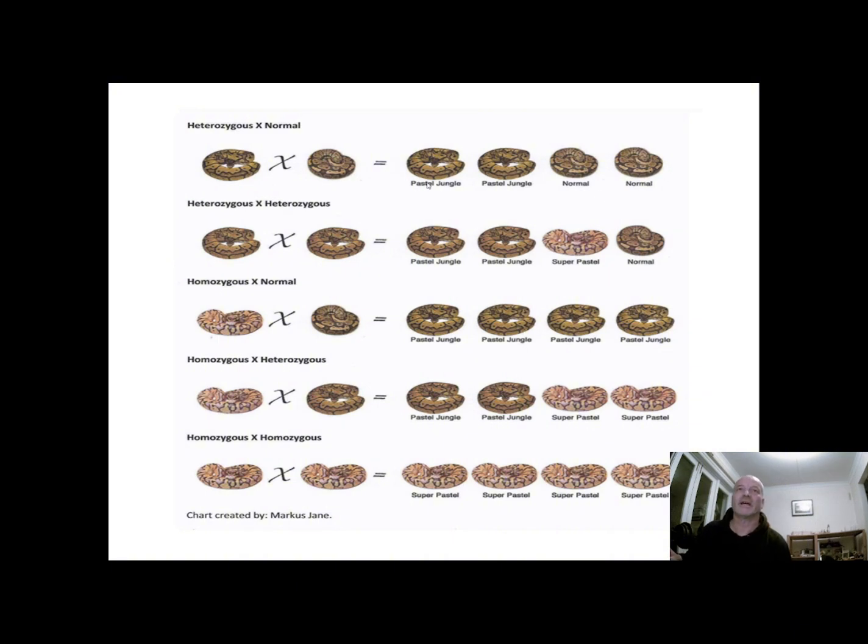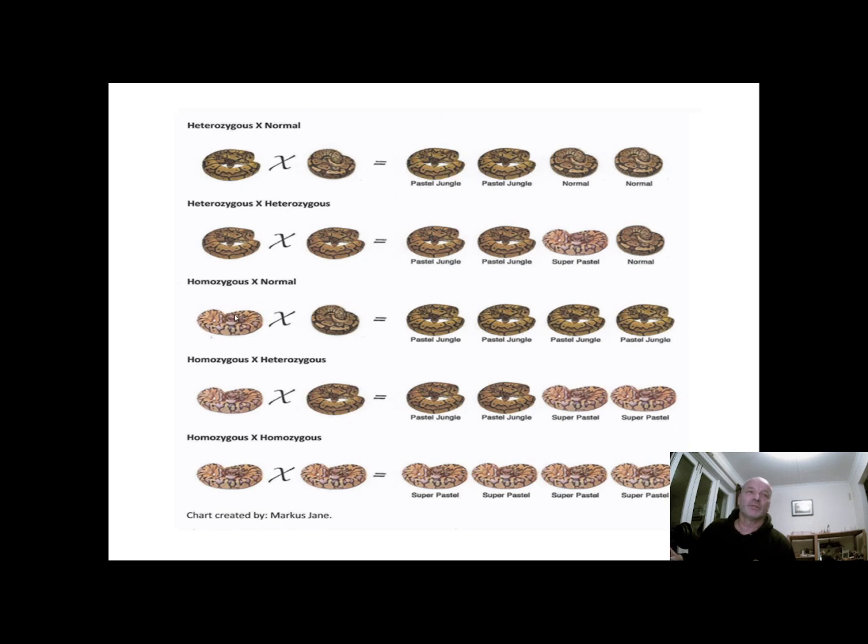In the recessive diagram, these would be the hets. If you put a pastel to a pastel, your outcome should be 2 pastels, 1 super pastel, and a normal. And if you put a super pastel to a normal, you should end up with all pastels, because don't forget